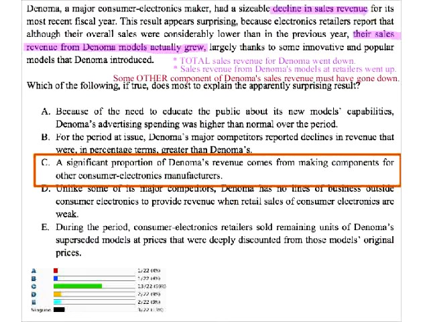So if sales of these components went down by enough, it would offset sales of Denoma models. So that's the answer we want. D,